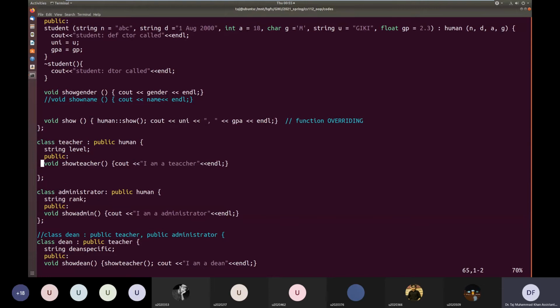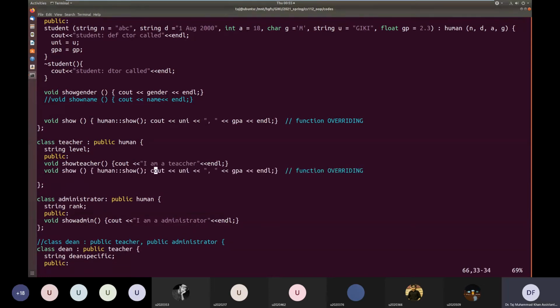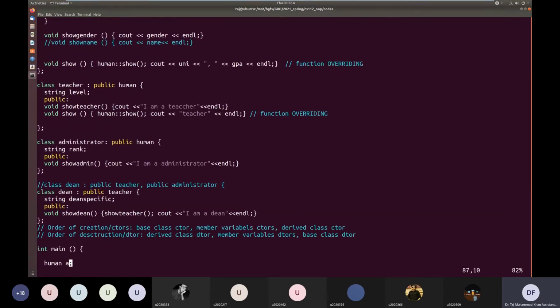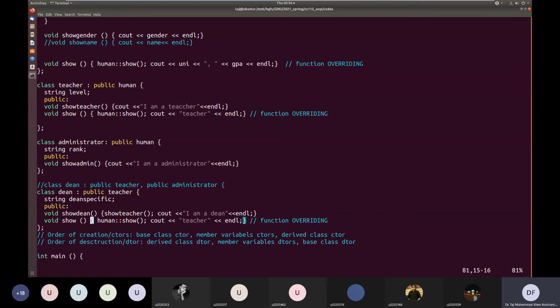In teacher also we will override show. And in Dean also, let's override the function show, and it will be called totally different. We just don't call the human one, we just call the Dean.